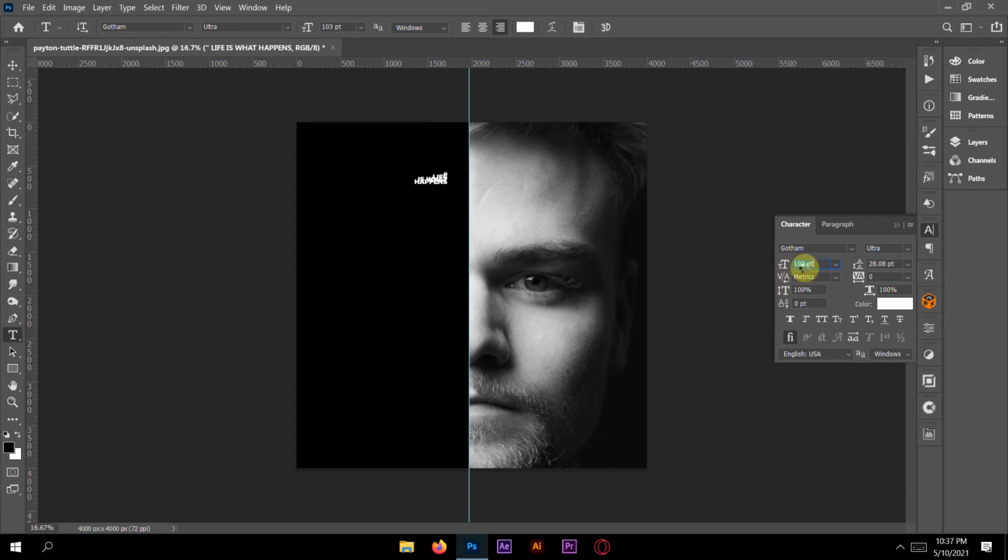Then increase the spacing between the two text layers, but try to keep less space so that our picture looks really perfect. I think that's okay. So, life is what happens when